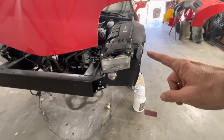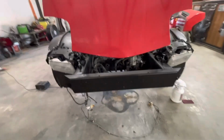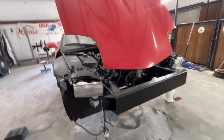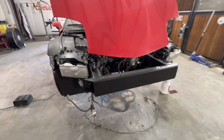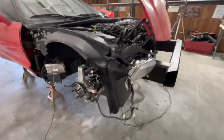So basically went through that whole headlight assembly, lubricated everything in it. Same thing over here, took that one completely apart, got everything all lubricated up. We have fixed the fiberglass damage that was down here. We've taken the entire cooling system out of this. We found some pretty gnarly leaks, so I got some oil eater working on that right now. But the suspension around the car